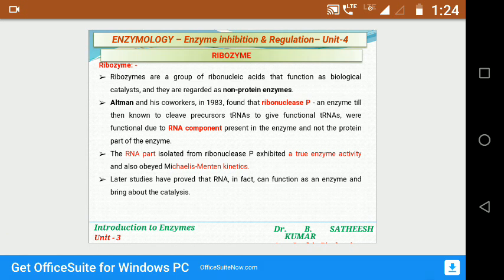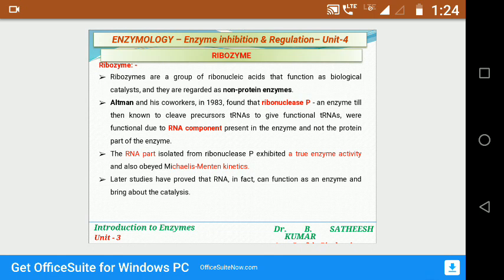And the last small topic is the ribozyme. The name itself explains that it is the enzymatic activity of RNA, ribonucleic acid. Some of the RNA molecules have shown enzymatic activity. So those kinds of RNA molecules which show enzymatic activity are known as ribozymes. The RNA molecules are single stranded in nature,